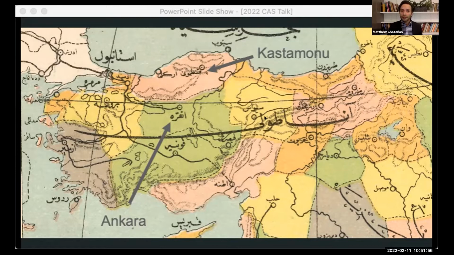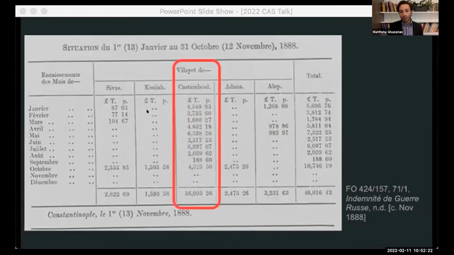And the reason for this was that the finance ministry had set aside Kastamonu's grain to pay part of the Ottoman foreign debt obligations of this period, specifically the annual installment on the Russian war indemnity. And so the ministry denied permission for major transfers of grain to Ankara and its famine-stricken people. We can see here, Kastamonu actually continued in 1888 to make diligent monthly payments to the Ottoman foreign debt obligation